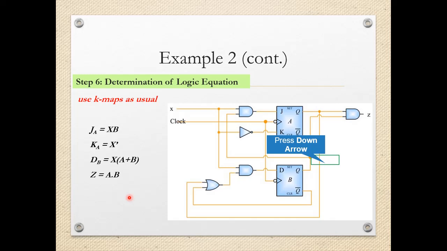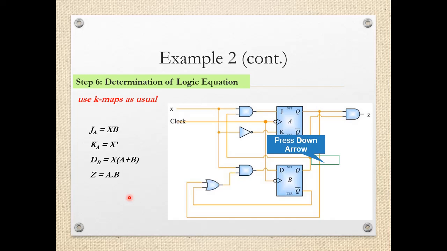And once the logical expressions are obtained by solving the K maps, we'll draw the diagram with the help of logic gates and the flip-flops. So here you can see the expression for JA is X into B. So as per that, when an AND gate is used, the output of this X and this B, which is obtained at the output of this flip-flop, is combined and given as an input to the J of the flip-flop.